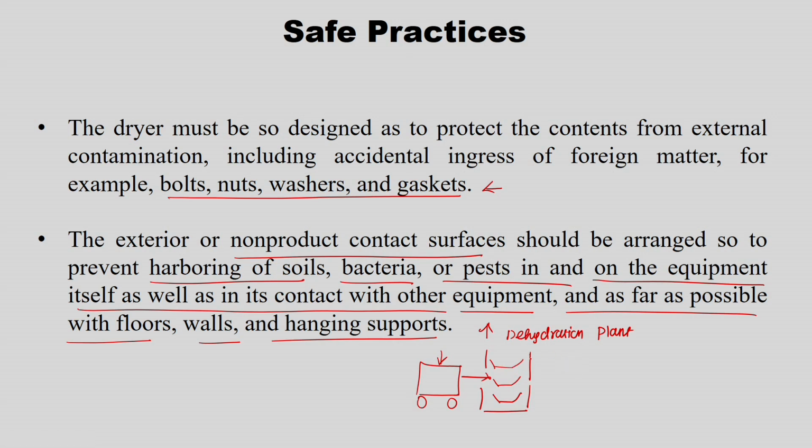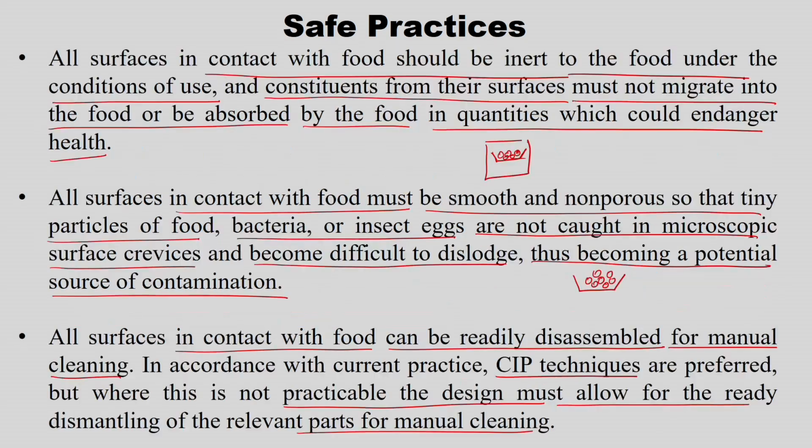Otherwise, when it is in contact with the outside surfaces, or when it is in contact with other equipment, for example, after drying it will go to storage and distribution, right. So, there also this line has to go to the further storage and distribution unit. So, in between also there should not be any contamination. So, for the dryer where the food material comes from, and after drying where the food material goes, that also should be contamination free to ensure hygiene in the dryer.